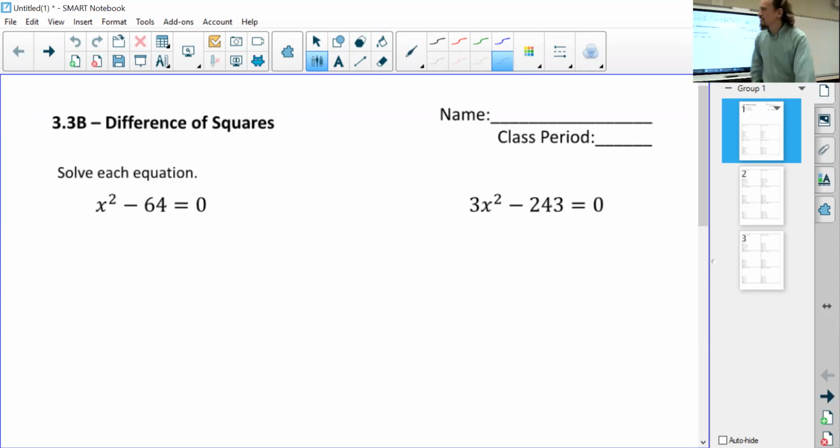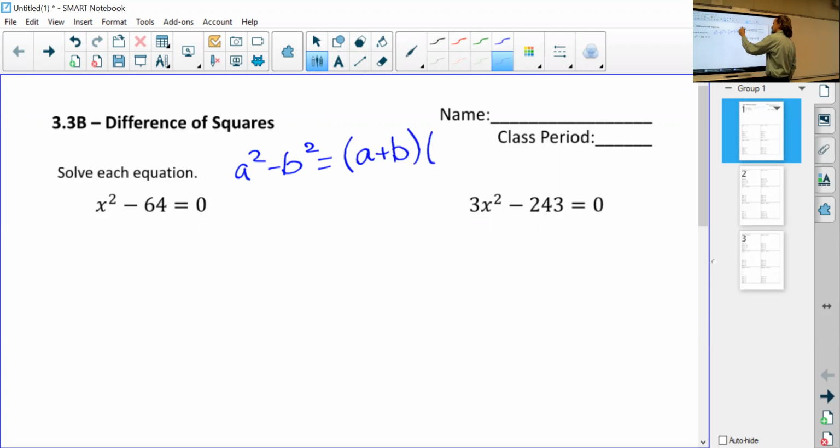All right, nice and easy today. Difference of squares is like the easiest kind of factoring problem you're going to see. It comes down to this basic formula. A squared minus b squared equals,